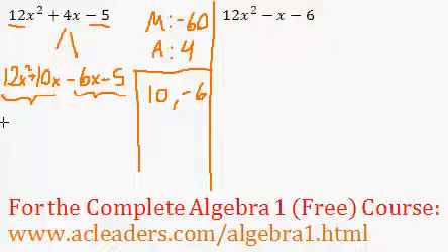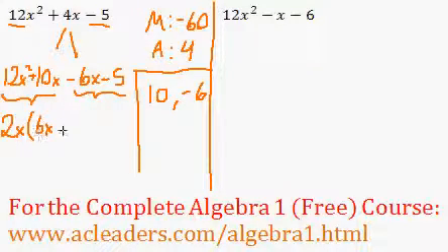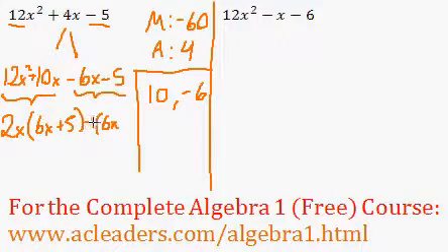And from the first two elements I'm going to factor out a 2x. So 12x squared divided by 2x is just 6x. And 10x divided by 2x is just 5. And over here I have negative 6x and negative 6x minus 5. I'll pull out a negative 1 just because this number is negative, and that's the only thing they have in common, really. So negative 6x divided by negative 1 is just 6x, and negative 5 divided by negative 1 is just plus 5, or positive 5. So here are our repeating terms,